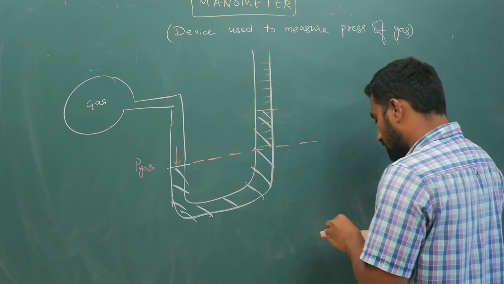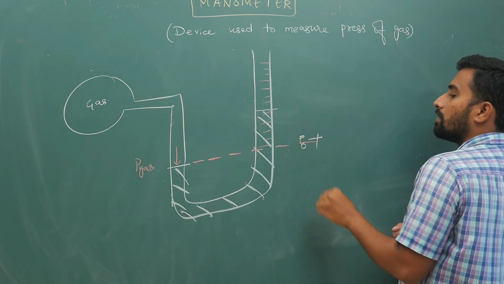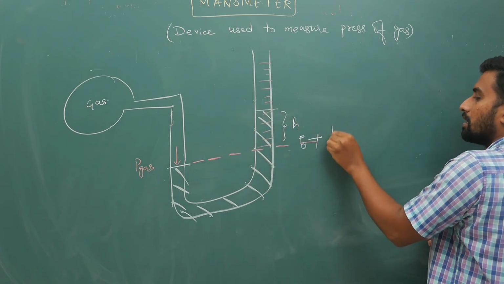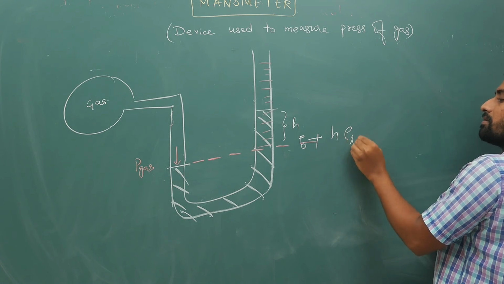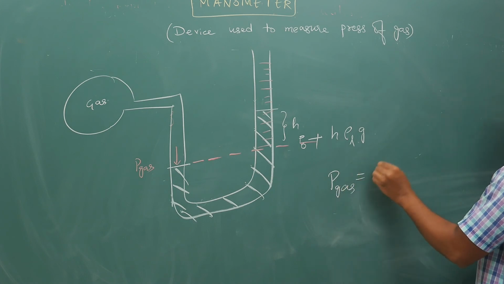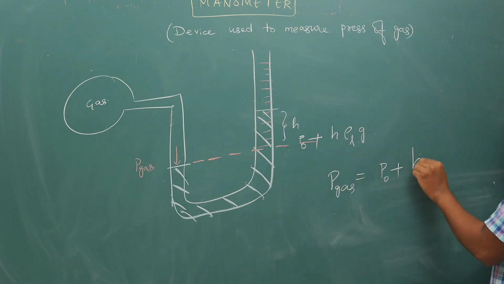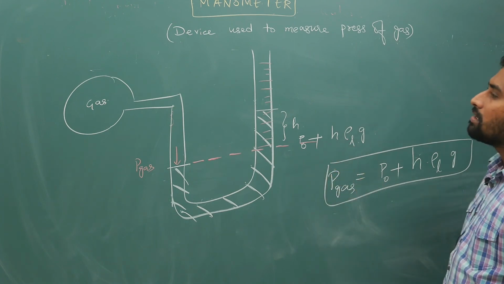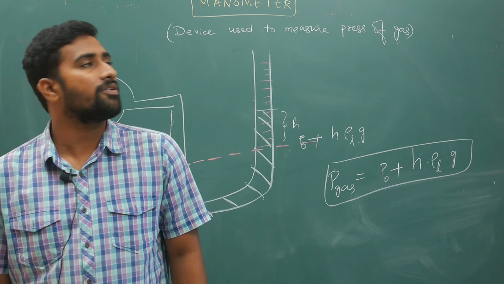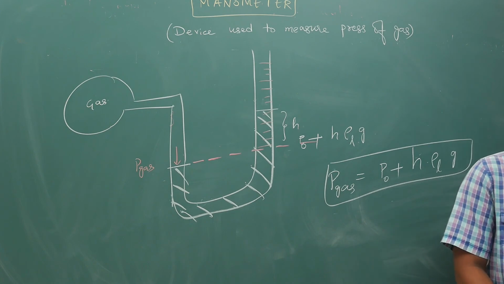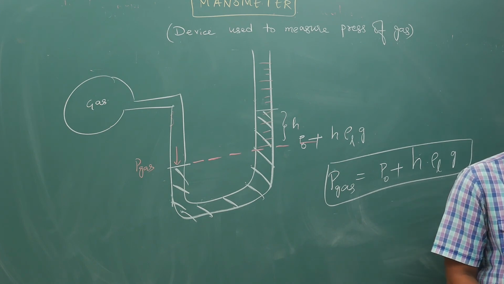Okay. So now at this height from this side, if you are coming from the surface, your pressure is atmospheric pressure P naught plus, if it is showing a reading of H, H into rho of mercury or whatever liquid that you are using, plus H rho g. So your pressure of gas is atmospheric pressure P naught plus height shown by liquid, whatever is the reading shown, that much into rho of liquid into g. Okay, this is your manometer. Now you will have simple questions related to this. You can do all those basic experiments. I don't need to explain much and waste my time here. So all this basic stuff you will be able to do.